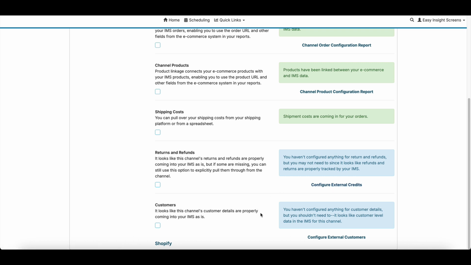The same thing is true here as well on the customer side. Oftentimes, we'll see that for a given integration, like all Amazon orders might be coming in and tracked as a single Amazon customer in your inventory system. Same with Shopify. Maybe you have a single Shopify customer in your IMS that all of your Shopify orders are mapped to. If this customer data does not live in your IMS, you can use this to link and pull